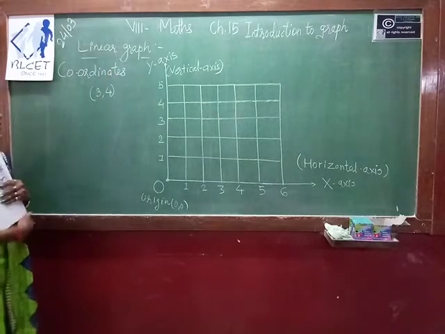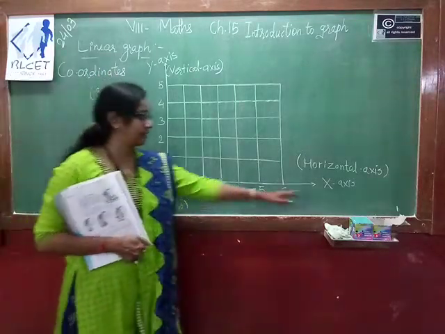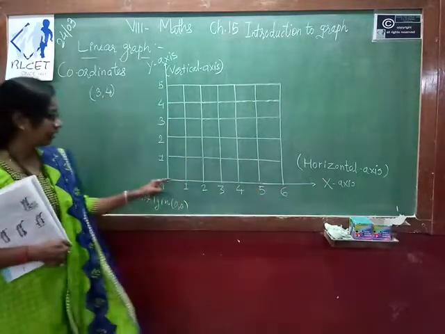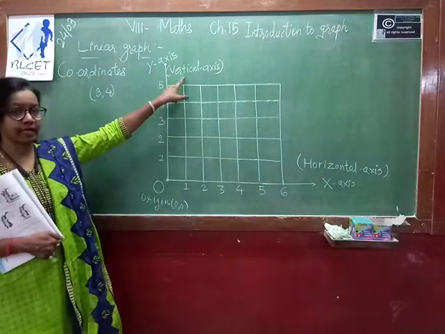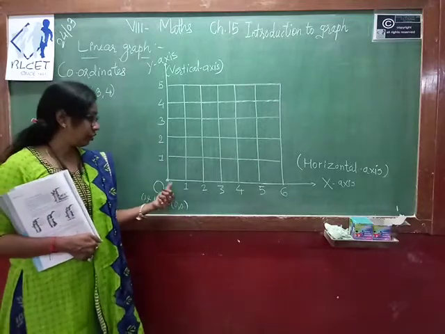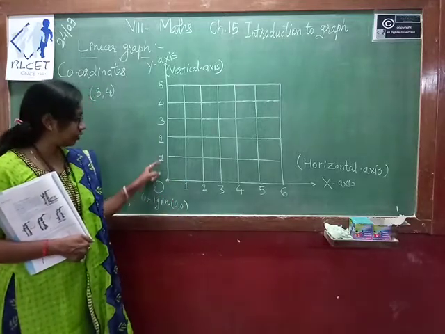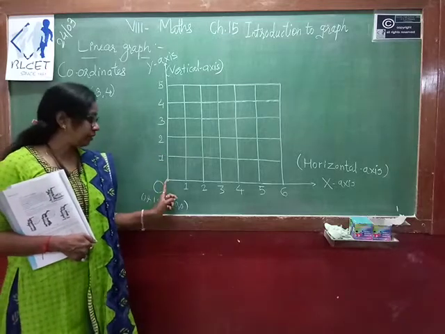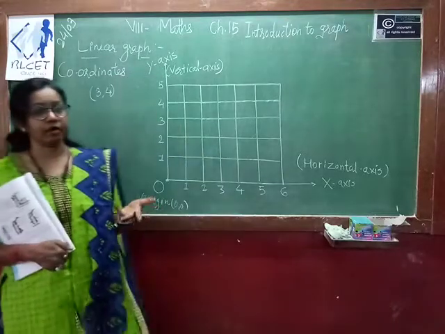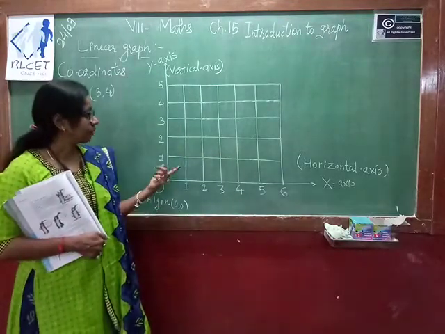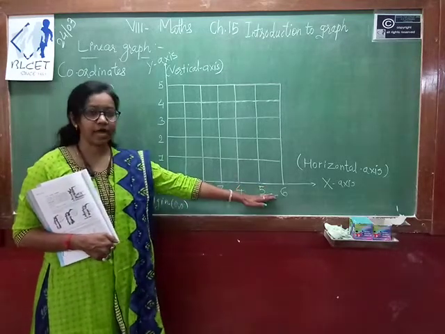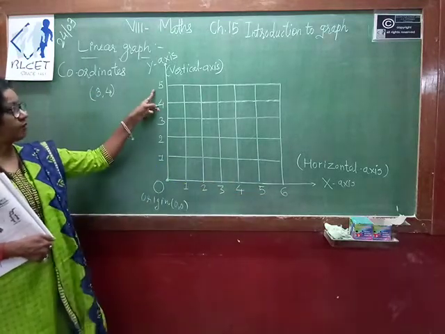Here in the diagram you can observe that I have drawn the x-axis, that is your horizontal line, and this is your y-axis, that is a vertical line. If you observe your graph paper, from 0 to 1 you can consider as one unit. Here also 0 to 1 is one unit. In between 0 and 1 you have either 5 divisions or 10 divisions, depending on which graph paper you are purchasing. So I have marked 1, 2, 3, 4, 5, 6 units on the x-axis and 5 units on the y-axis.